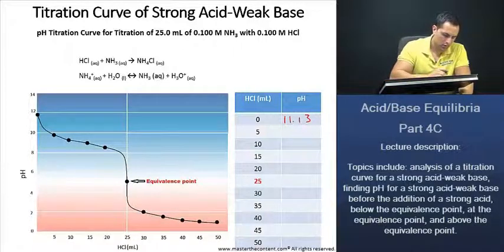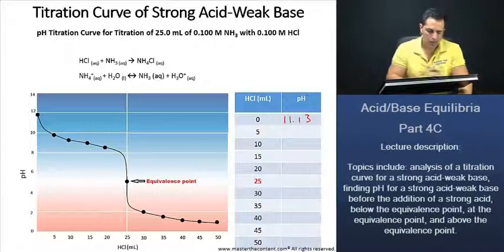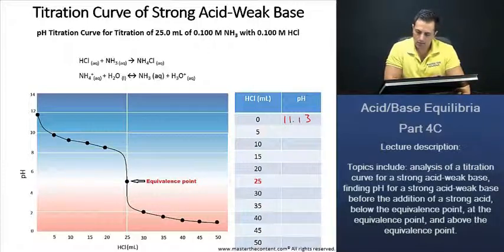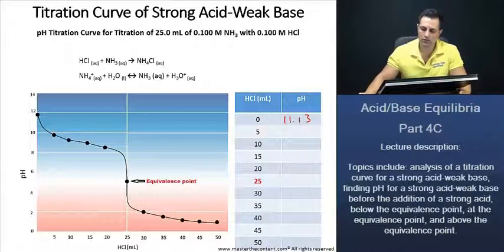Okay, great. Now what we'll do next is calculate the half equivalence point. Because we're going to have 25 milliliters of our base here, ammonia, we know that at the half equivalence point, we're going to have 12.5 milliliters of hydrochloric acid added. And 12.5, if we go ahead and we do